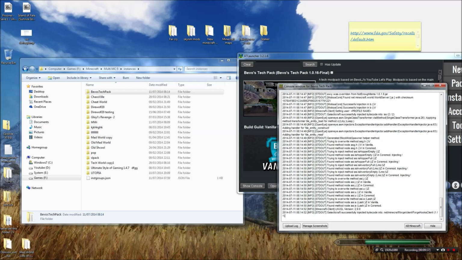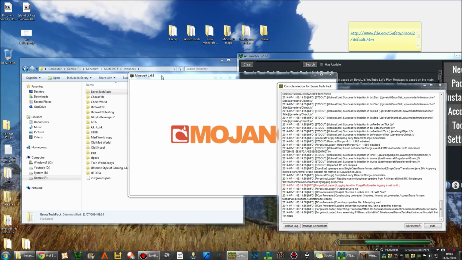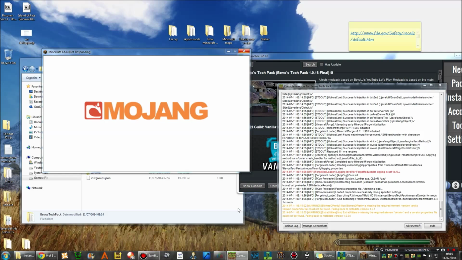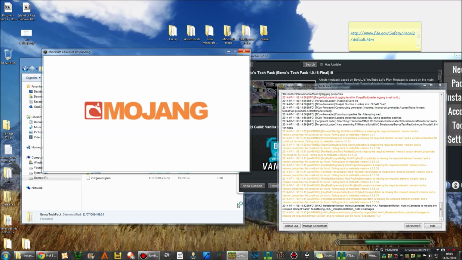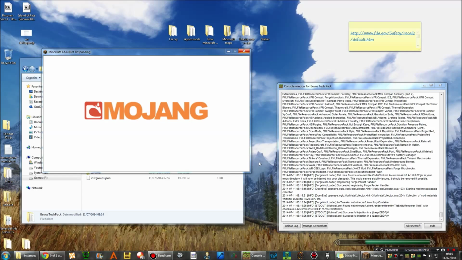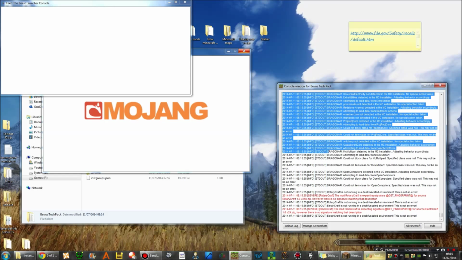Okay, let that boot up. That's booting up. Let's load up FTB. Give it a minute or two. Obviously we don't need AtLauncher no more, I can close it down. So it's boring watching these things load up, but